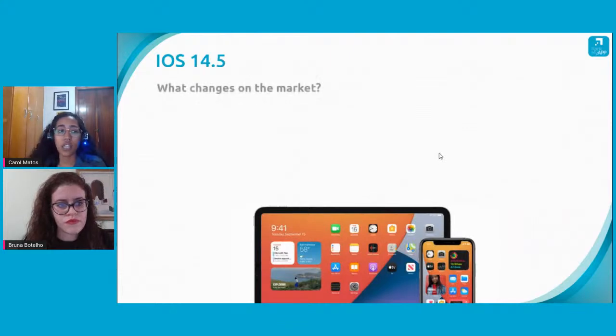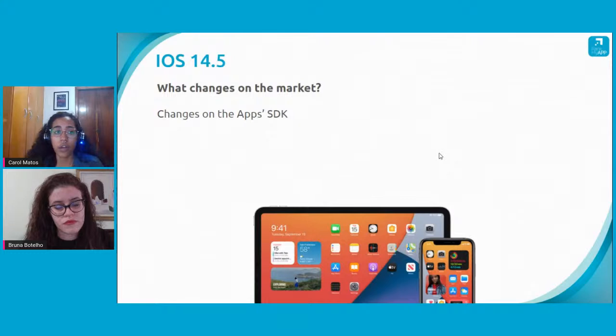So basically, how is it affecting our market of mobile user acquisition? It is affecting the app owner itself, since there are a lot of new rules for the apps' SDKs that they should follow now. And Apple is already disapproving and blocking some apps that are not fitting with these new requirements. It changes a lot of our market as well, by the first party data being even more valuable